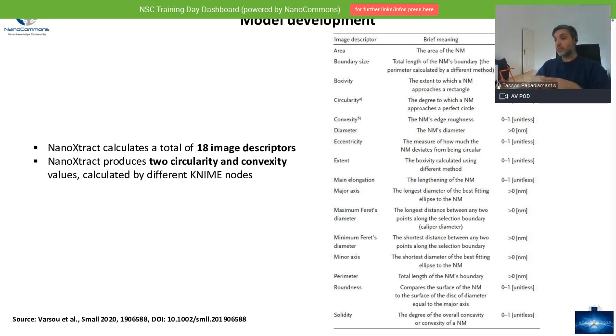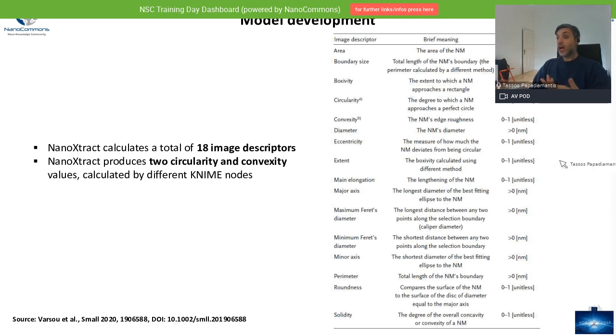In total, all these parameters are calculated automatically for you, as an average, but also on a nanomaterial basis, so that you can go through and use the results accordingly.